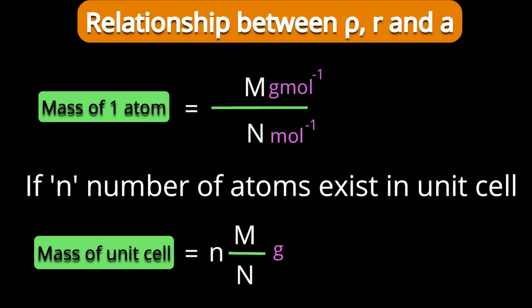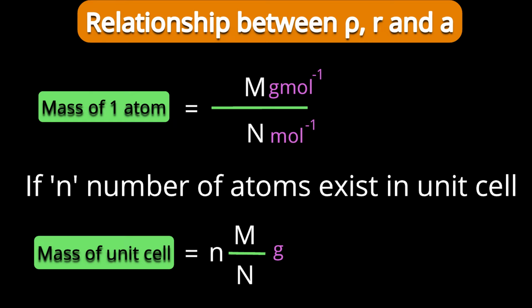Very interesting and important physical terms and the relationship among them we are going to discuss. Density means mass upon volume, but here we are talking about a basic aspect of crystal. That's a unit cell. In true sense, we want to find the relationship between density of crystal, density of solid. But density of solid is equal to density of unit cell in the crystal.